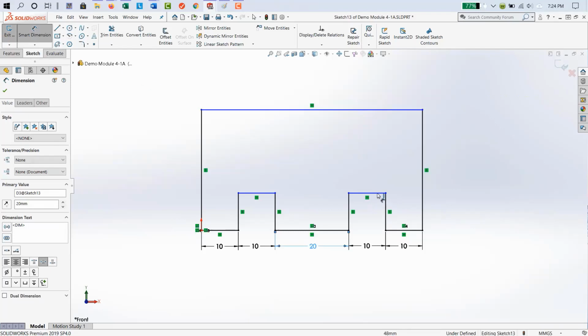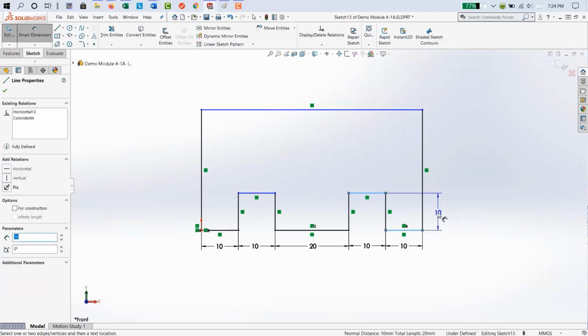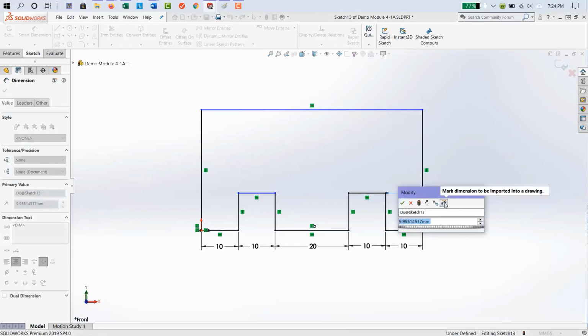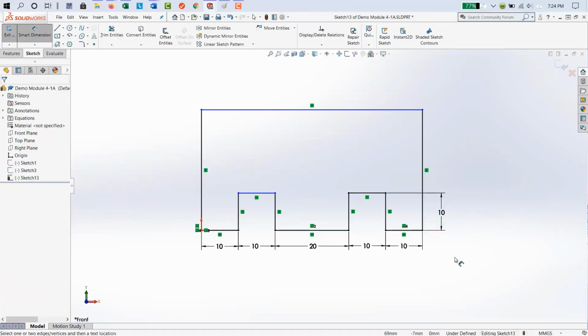Now let's go to the side. We're going to do this dimension here. Again, it is 10. We want to make sure that that gets set correctly. Now notice when I set this dimension over here that this distance and this distance are very similar. They're very close. I could probably get a little bit closer on that one. So for the first level, away from the model edge, the distance of the extension line needs to be about the same.